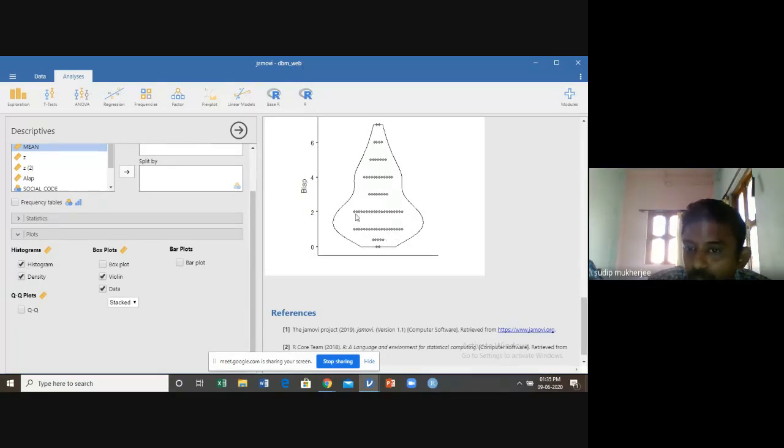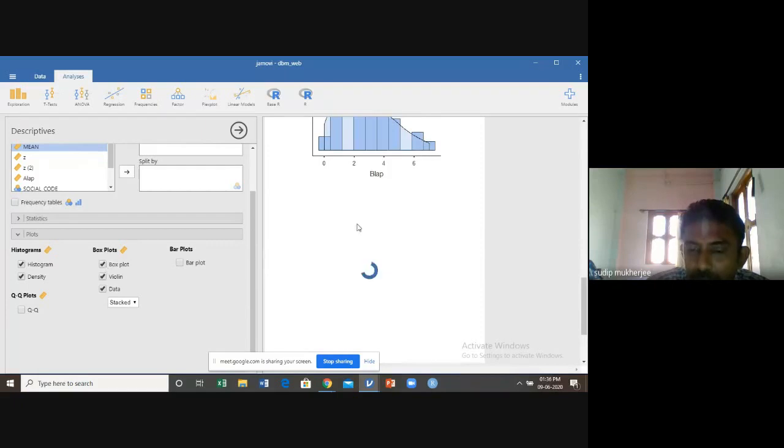The width is more because the concentration of data is more. So before lockdown, the maximum number of people were using computers for more or less 1 hour or 2 hours. Very few were using computers 4 hours and more. So these are the concentrations of data.